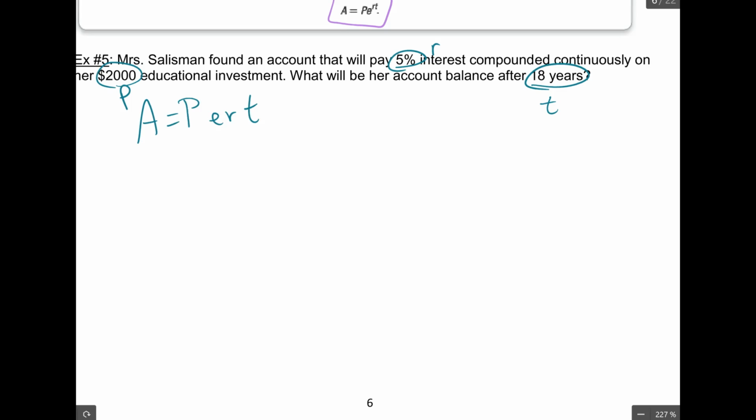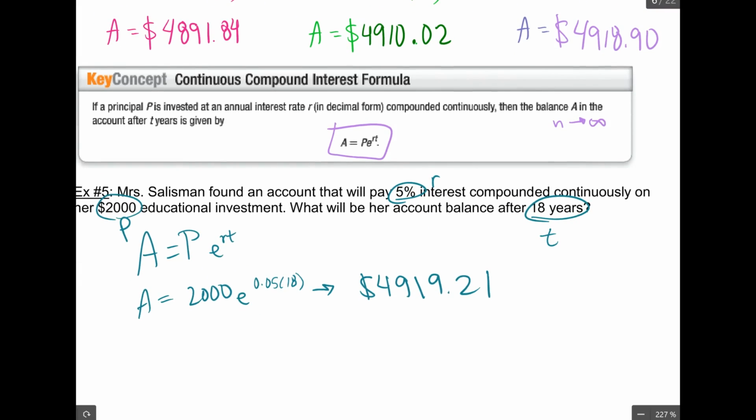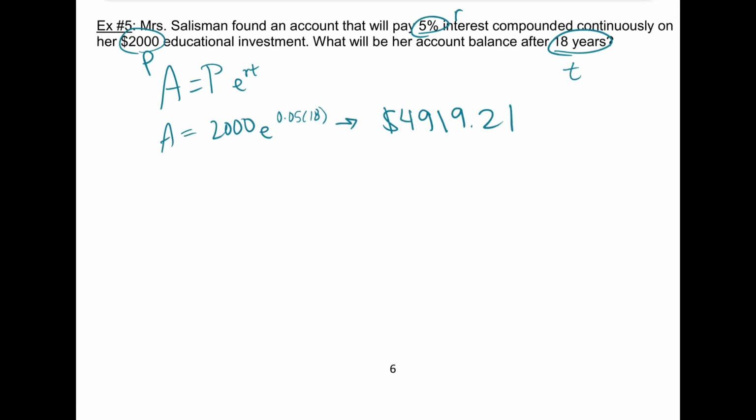All right, so let's go ahead and fill this in. So $2,000 times e, oops, doesn't quite look right, to the rt. Okay, to the rate times time, so 0.05 times 18. This is going to give me a total of $4,919.21. Okay, so honestly, 30 more cents than if I would have compounded daily, but it's still, you know, still